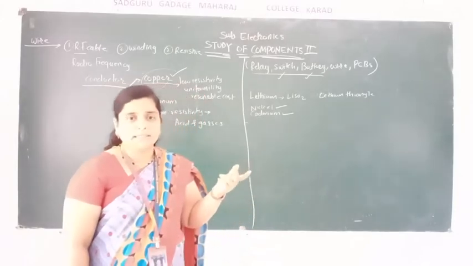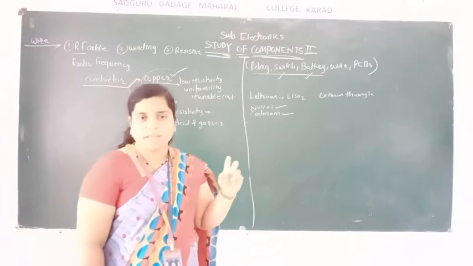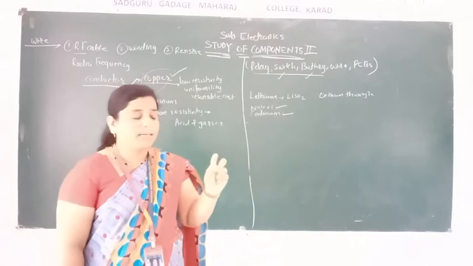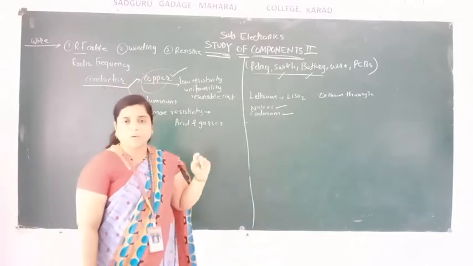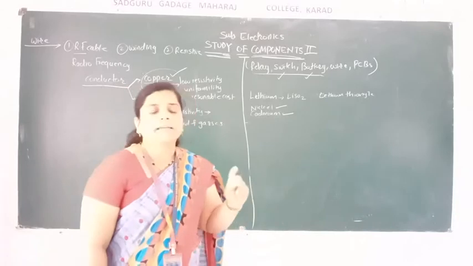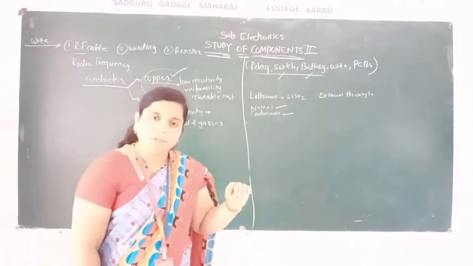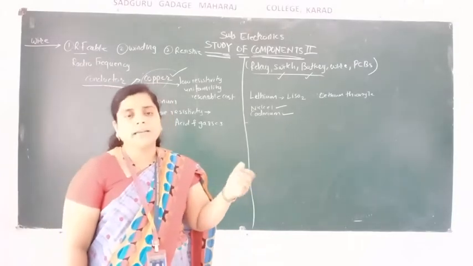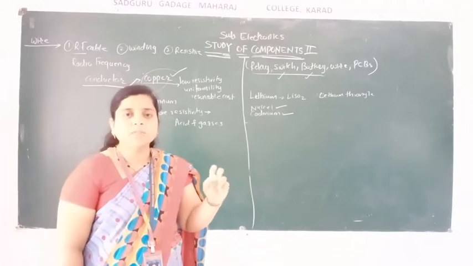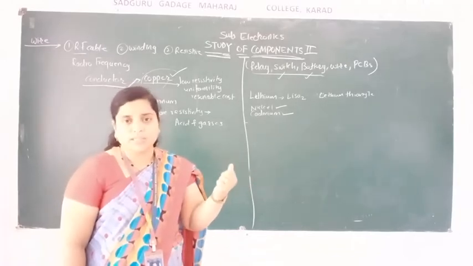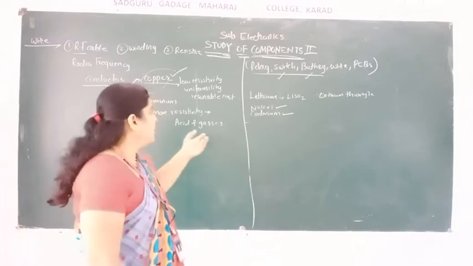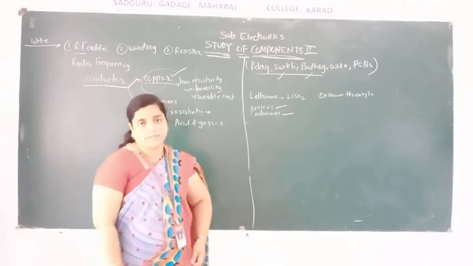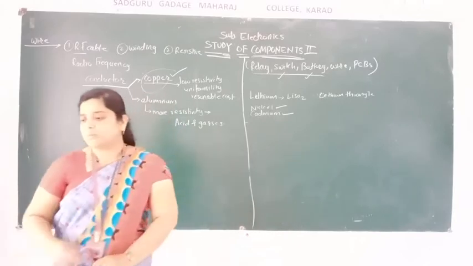Why is copper used? It is a conducting material, meaning it allows current to pass through it. Copper has low resistivity, it has low cost, and current moves in a uniform motion. Therefore copper wire is used. Aluminum wire is also used, but rarely, not mostly, because it has more attraction towards acidic reactions, it also attracts gases, and it has more resistivity. Therefore aluminum wire is not mostly used.